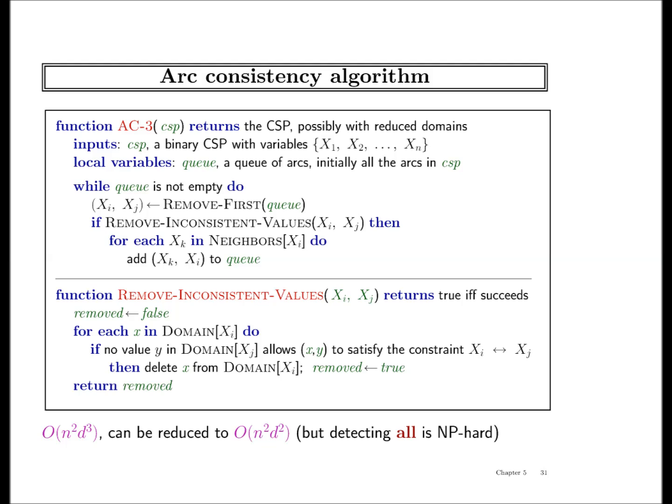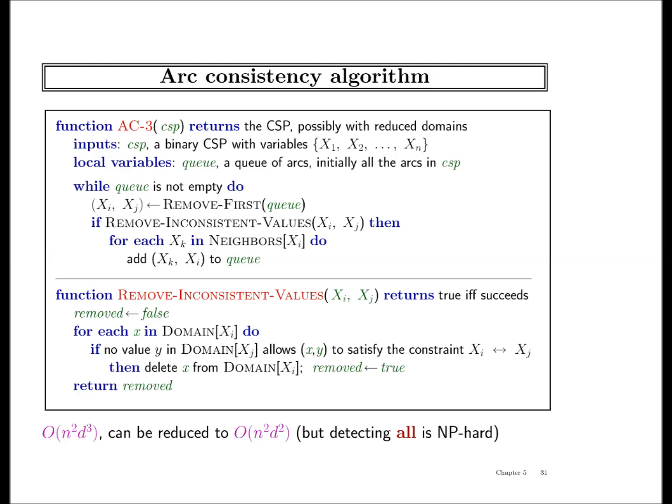If we are doing search, it is much better to do arc consistency based on the assignments that we have already made. So the point is to reduce search. Search can take forever, so inference is reducing search. I don't think it makes sense to do arc consistency slower. It makes sense to do arc consistency faster, making sure that our problem is arc consistent before. Okay, so that's the high level argument.